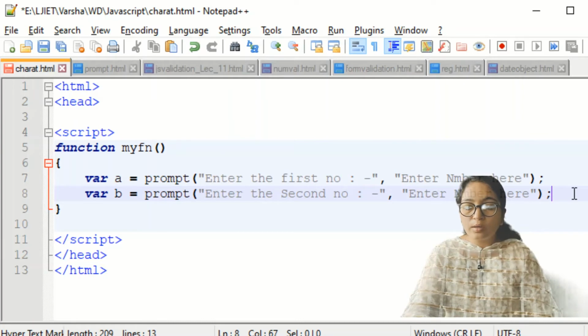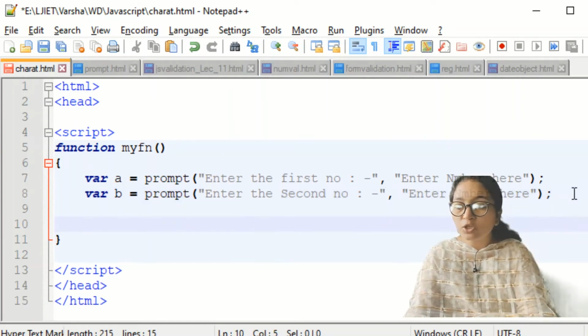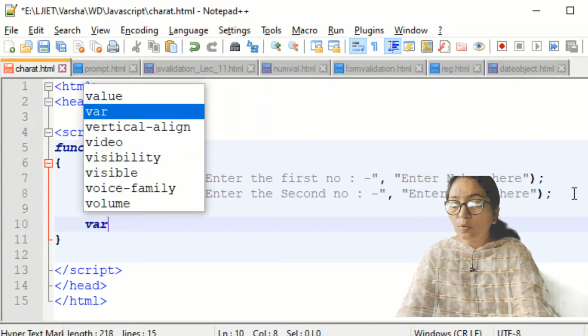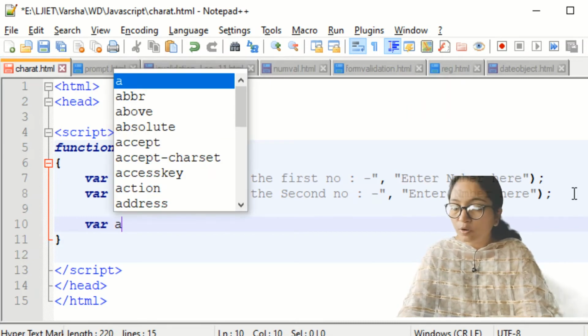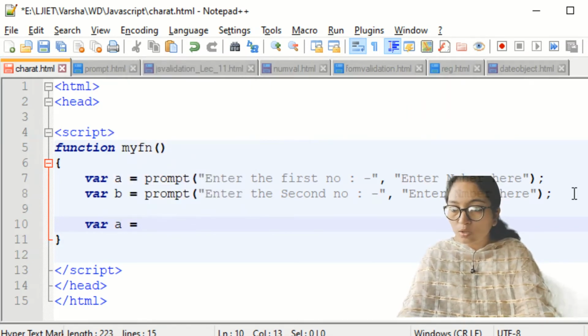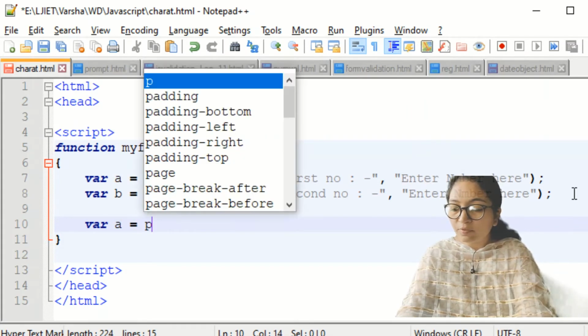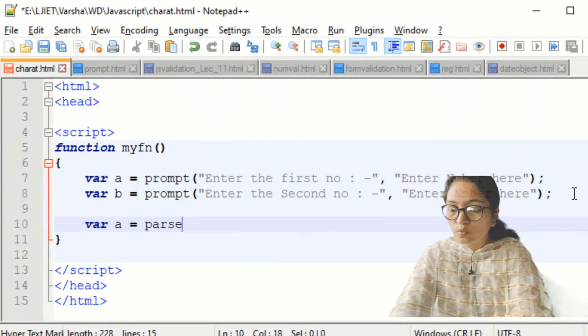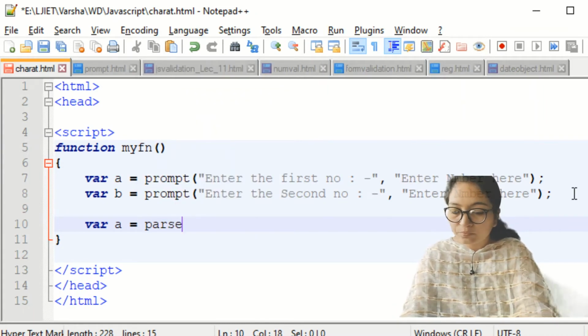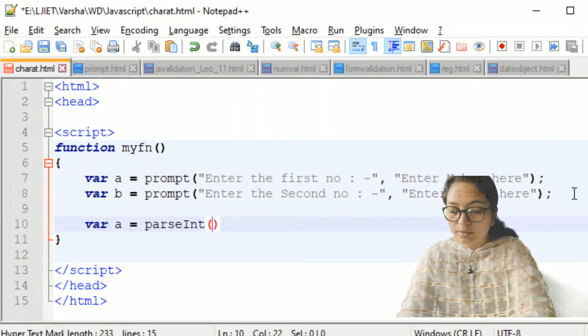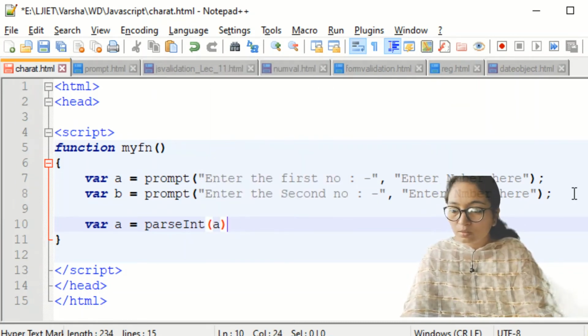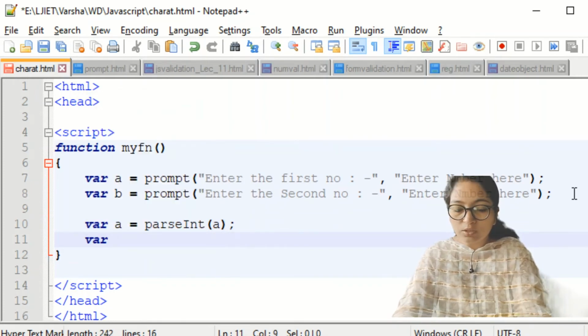Okay, now here we have used the JavaScript inbuilt function prompt to prompt the value from the user. Now a is equal to, again I am defining the same variable, so parseInt a. What it will do is just convert the value of a from string to integer.